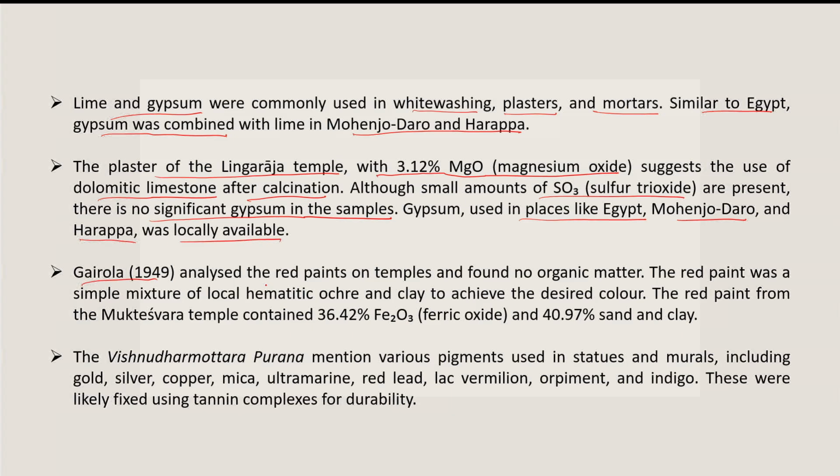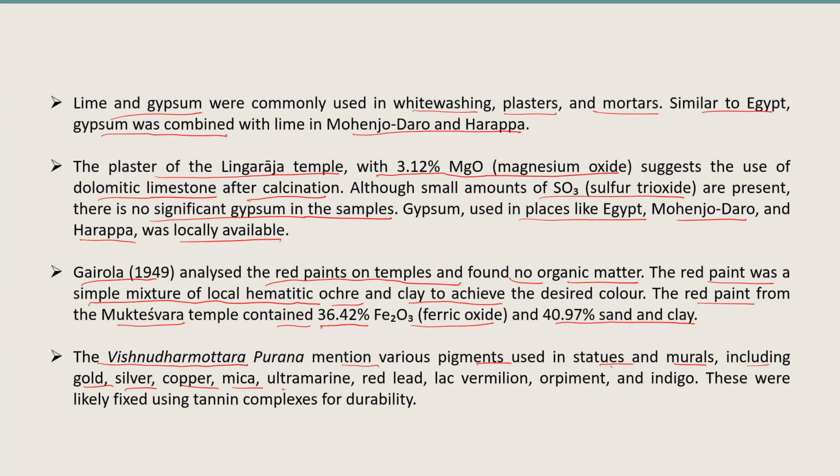Garola analyzed the red paints on temples and found no organic matter. The red paint was a simple mixture of local hematitic ochre and clay to achieve the desired color. The red paint from the Mukteshwar temple contained 36.42% ferric oxide and 40.97% sand and clay. The Vishnudharmottara Purana mentions various pigments used in statues and murals, including gold, silver, copper, mica,